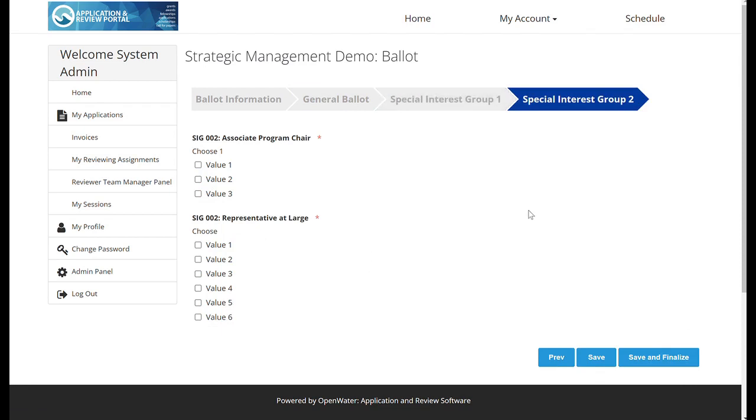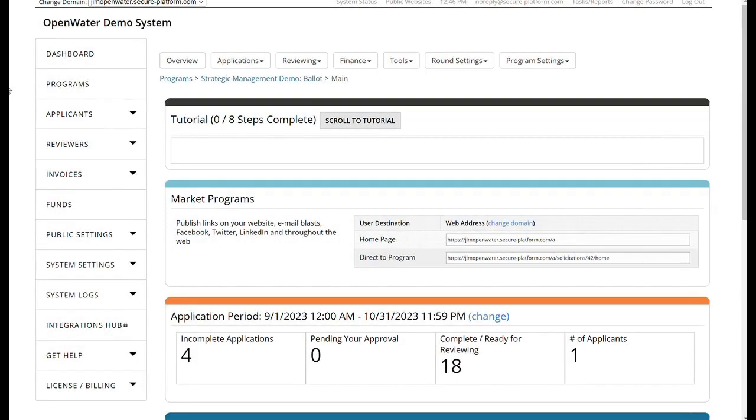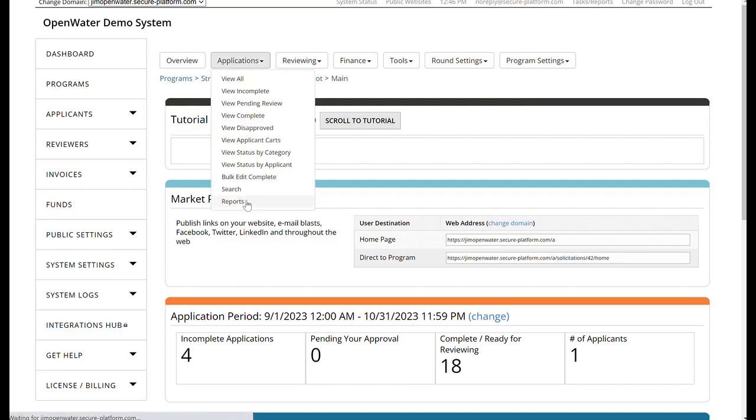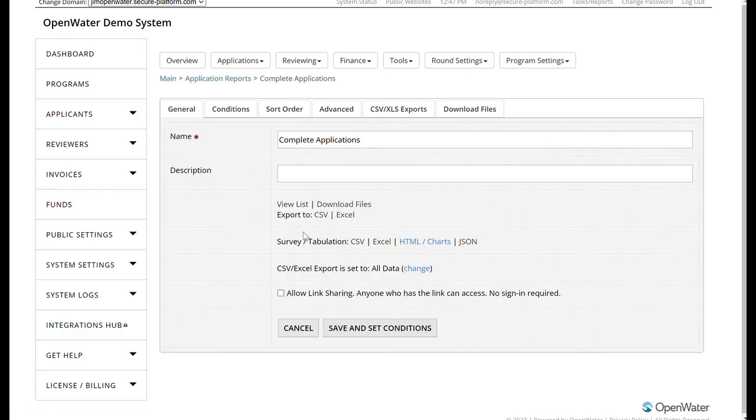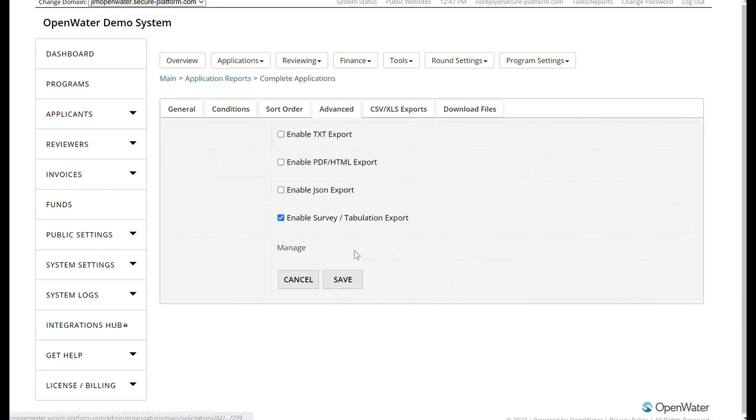So now that people have cast their ballots, let's take a look at how easy it is for an administrator to see all of the vote tabulations. So here we are in the OpenWater administrative portal. In order to see the vote tabulations, all I need to do is go into my reports, view my completed list, and you'll see here there's an option for survey tabulation. If you don't have that option turned on, you just go to the advanced mode and you can enable survey